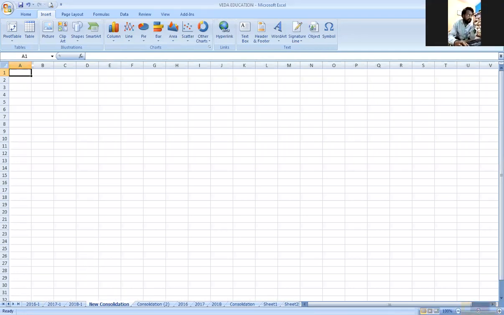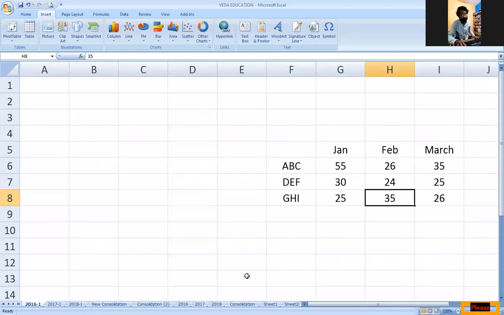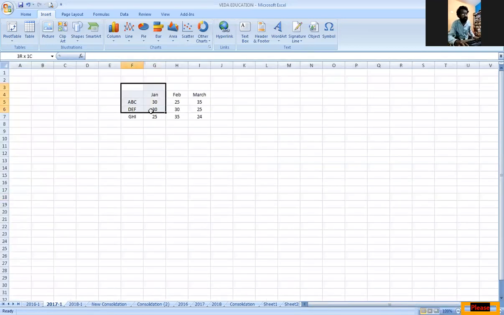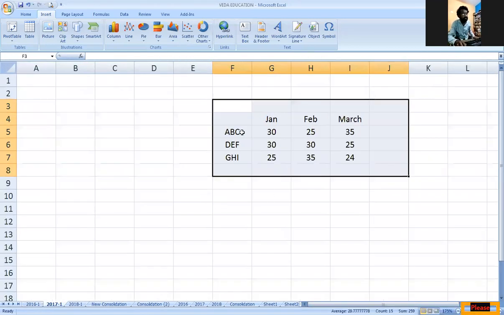Then what I have done is I have made the data in different places. I have moved the data from different places as the location is not the same. The data have been moved over from this point to this point in 2016. And in 2017 also, I have made the change of place of data. See this FGHIJ.